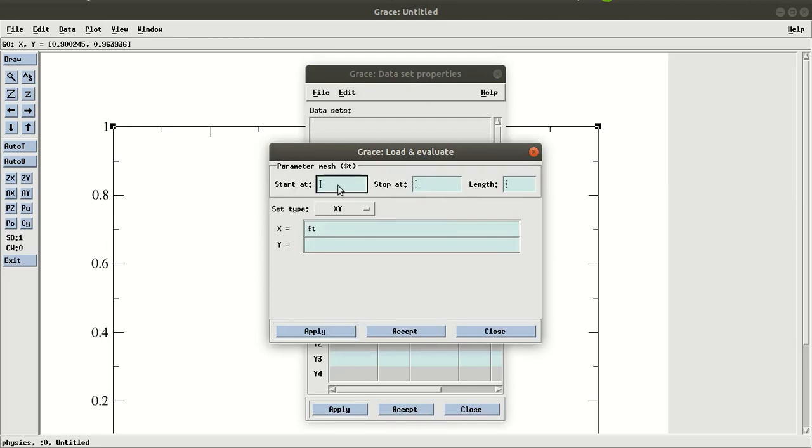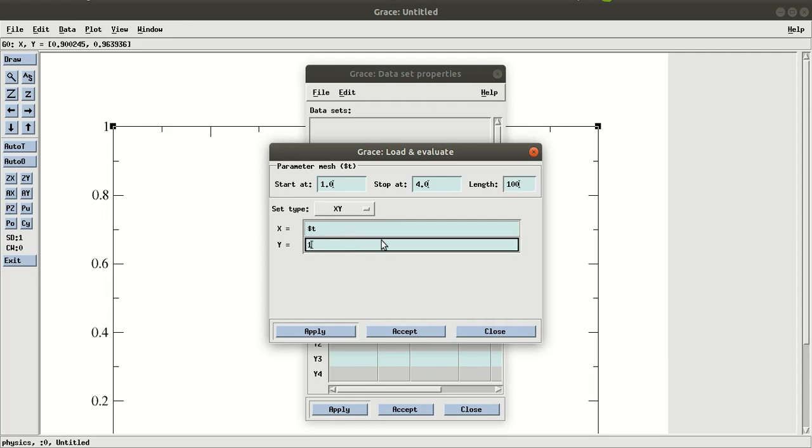First I will plot the function, and then I will go to the data file. For the function, you have to start from, let's say, 1.0 and stop at 4.0, with length, let's say, 100, so 100 data points. The variable here is $t, so we have to imagine that x is $t and write our expression.